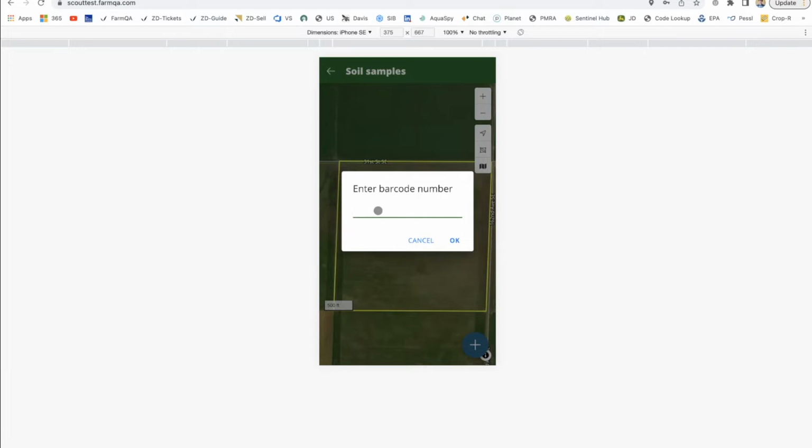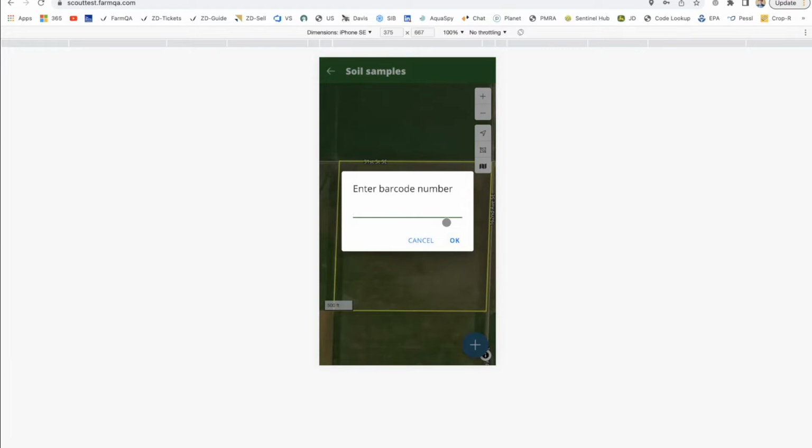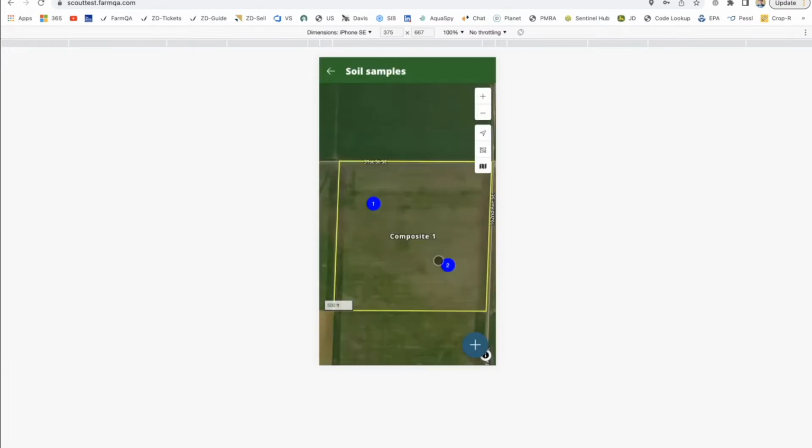Again, because I'm on a computer, our barcode scanner doesn't pull up, but if I was on an iPad, iPhone or Android, it would start putting in your barcode numbers, associating them to points. That's the real-time mode: if you don't want to define things ahead of time, you can simply jump on the mobile application and start dropping points, and then those will be stored and saved and accessible to you, let's say next fall, or even accessible to upload results to